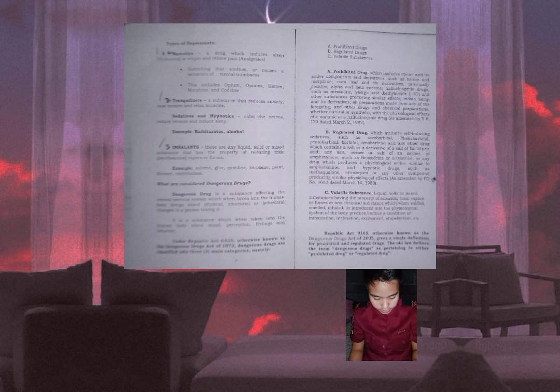So next is volatile substance. So what is volatile substance? Volatile substance is a liquid, solid, or mixed substance having the property of releasing toxic vapors or fumes, or any chemical substance which when sniffed, smelled, inhaled, or introduced into the physiological system of the body produces or induces a condition of intoxication, inhibition, excitement,